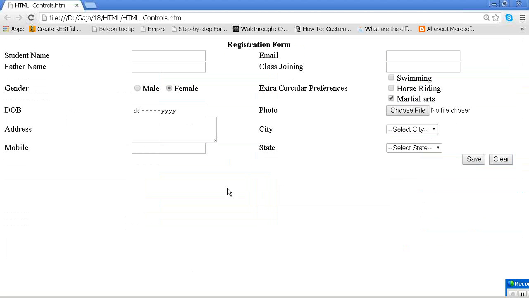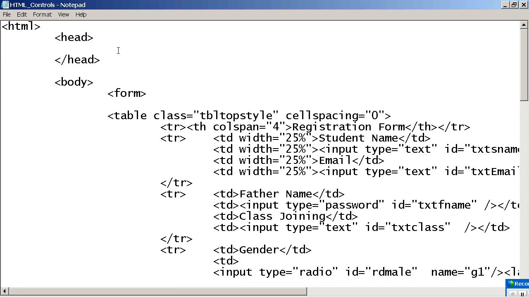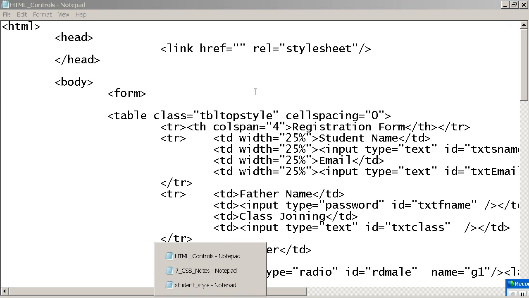Now, if you want to apply this style to this page, what do you need to do? Go to head, link, href, rel equal to stylesheet. You understand? Okay. Now what we need to do, we need to give this student underscore style.